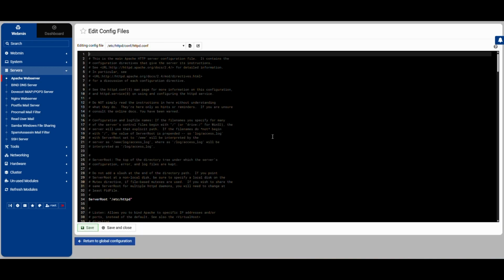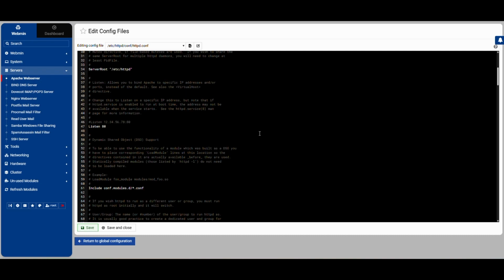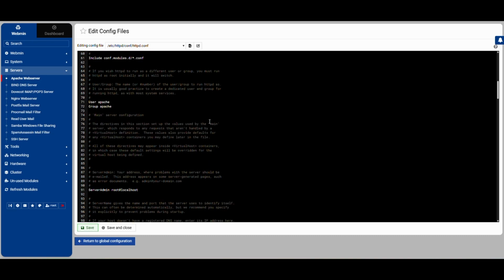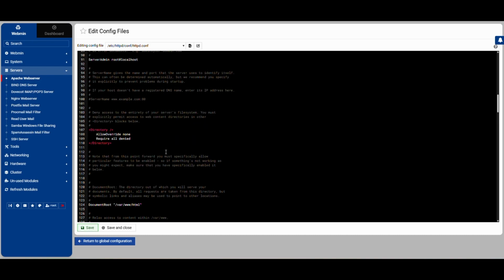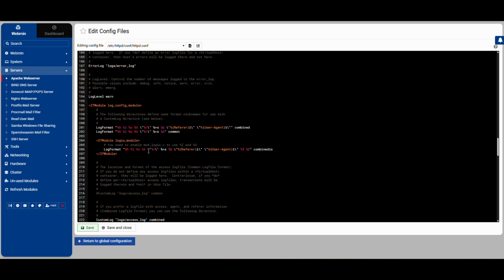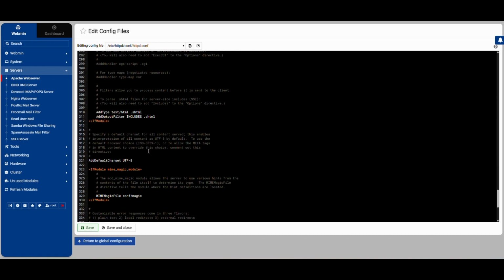Let's see what this has here. This actually has server root, HTTPD, listen to port 80, include config, user Apache, group Apache. We might want to change this to web user. So server admin, root localhost, override deny. Document root is /var/www/html. So all this is set up to allow, and we may set up virtual host later,